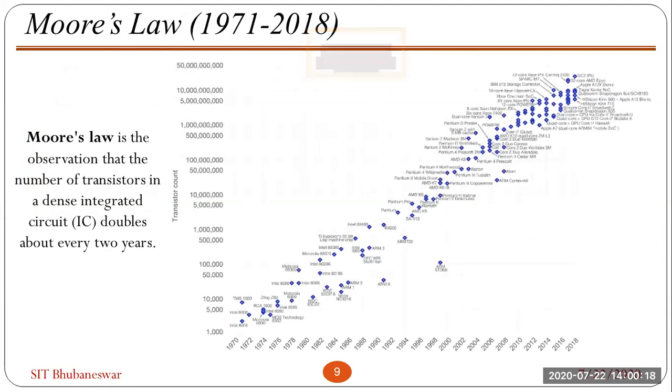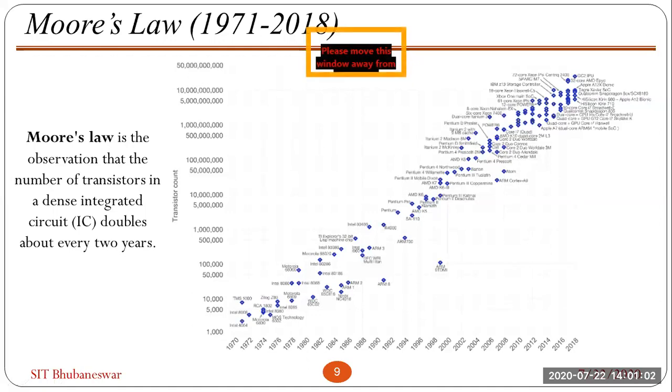Now we will come to the most important law, that is Moore's law. I think everyone knows Moore's law. Can anyone say Moore's law? Sir, Moore's law says about the number of transistors per unit area, which are placed every 2 years. Every 2 years it gets doubled. The transistor count inside a chip is doubled.